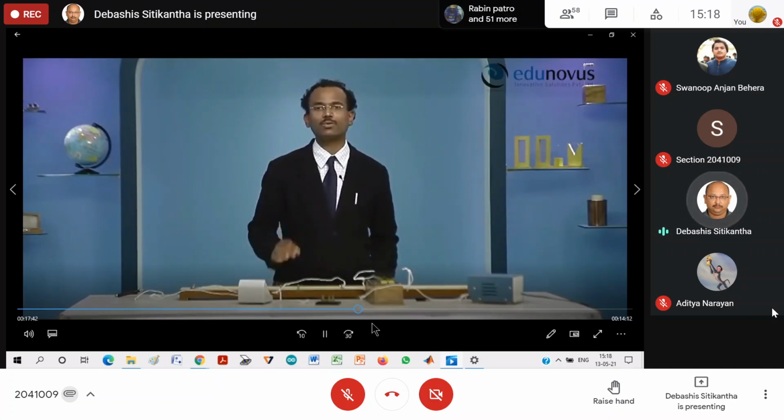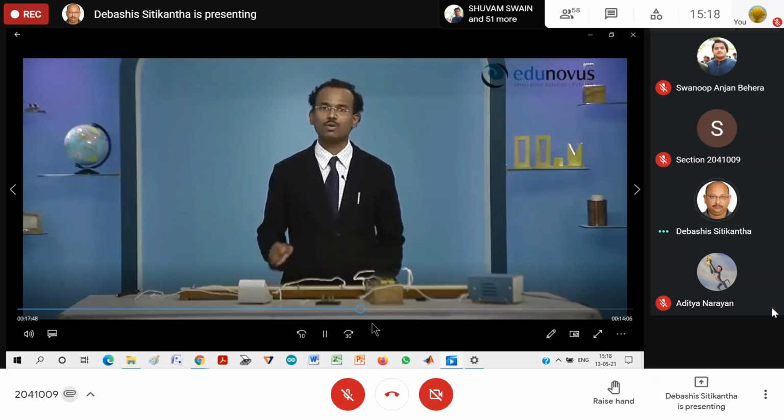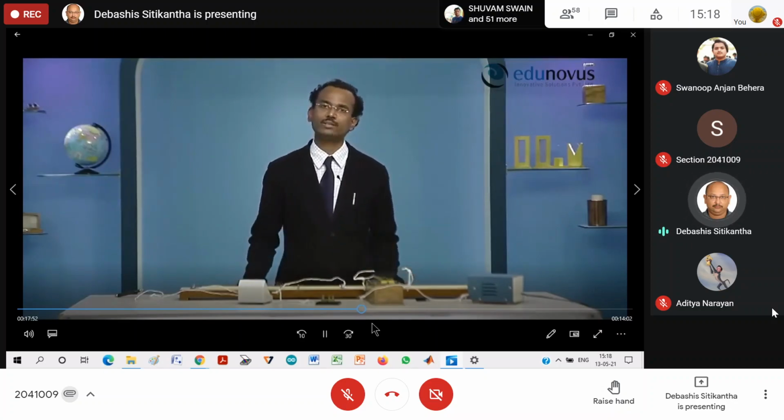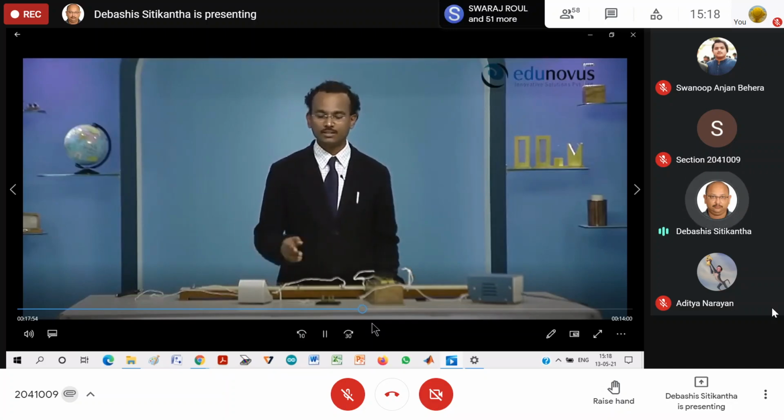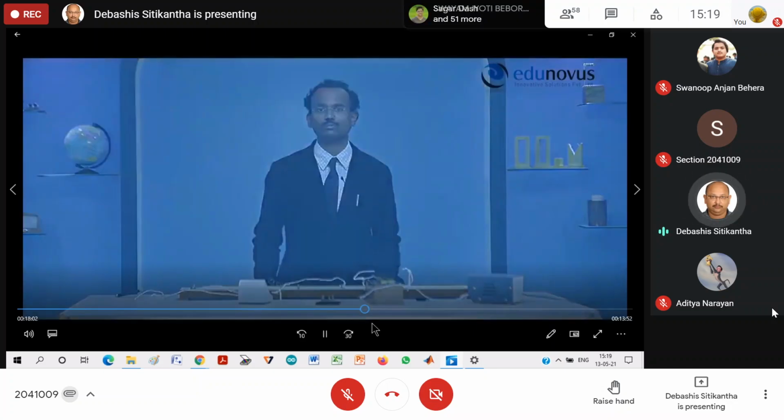To measure the area of cross section, we need to measure the diameter of the wire. And we'll do that by using a screw gauge, which you have already learned. And the length of the wire we'll measure using a meter scale. And the resistance of the wire we have already measured. So knowing these values, we can now easily calculate the specific resistance of the material of this wire.